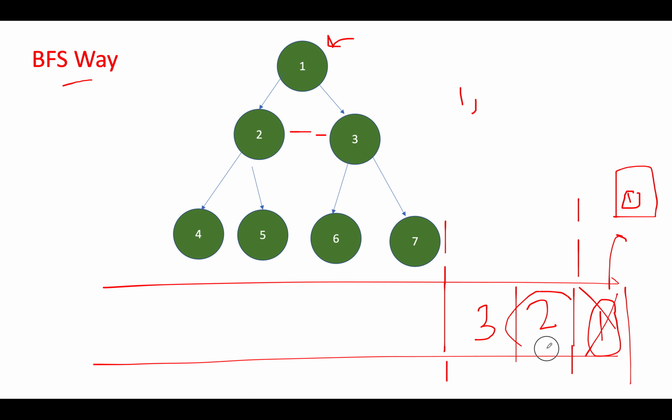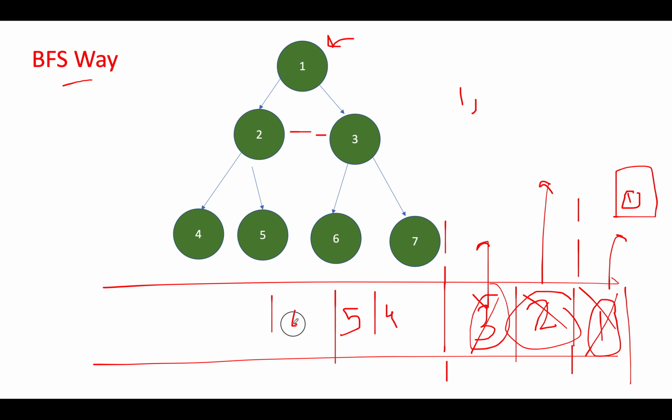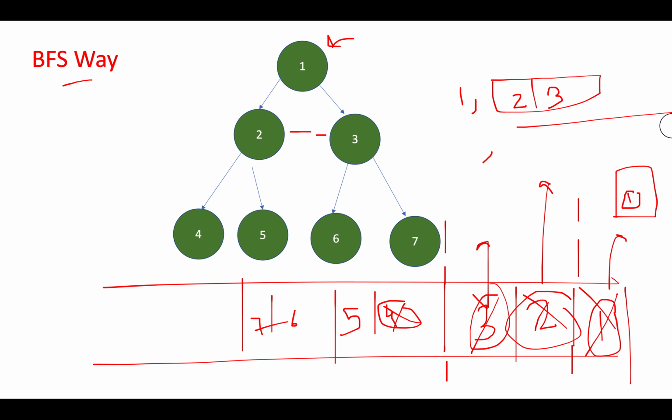Now you pull out an element from the queue, 2 gets removed and you add its children into the queue, 4 comma 5, and then you pull out 3 from the queue and add its children, 6 comma 7. 2 comma 3 also get inserted at a new level in your answer set. So you add 2 followed by 3, and in the next level iteration you pull out 4, so 4 gets removed and added into a new element in your level order traversal. Then 5 gets added, then 6 and 7 get added.